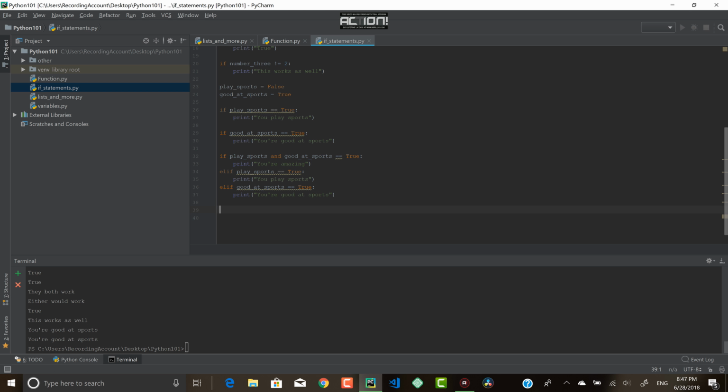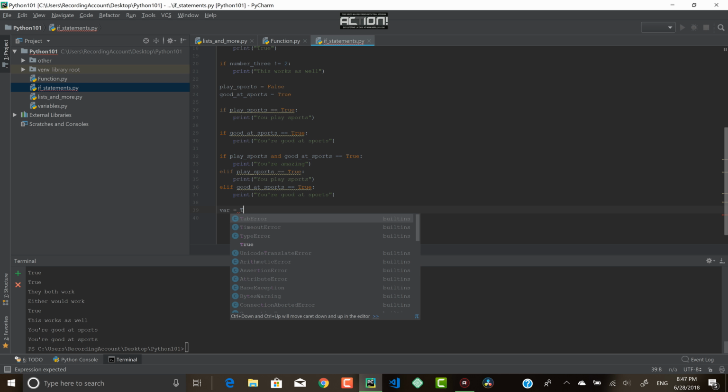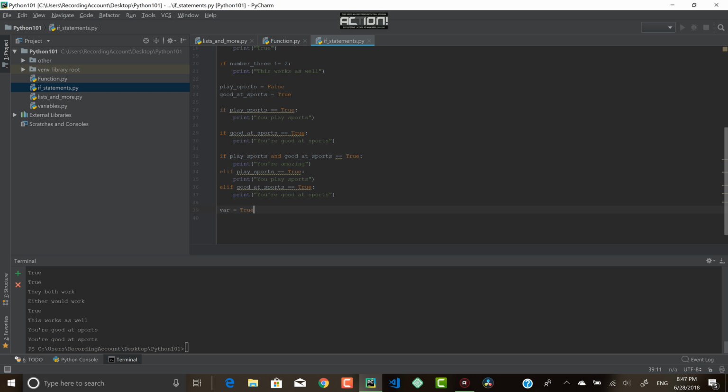One shortcut in Python is actually not even having this equal sign. This double equal sign is actually used when you're comparing integers or floats or strings or other variable types. If you know that you're just comparing booleans to each other, we can actually just say this. We're going to create a variable and set it equal to true. And we can actually say if var,